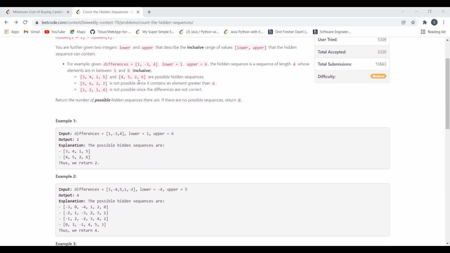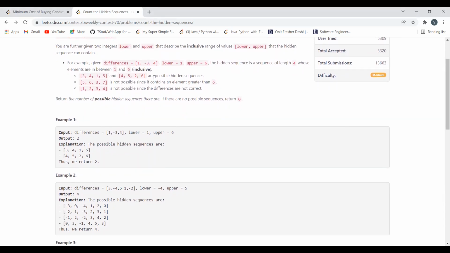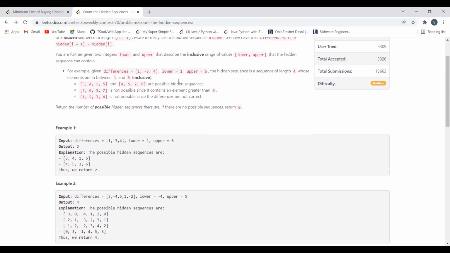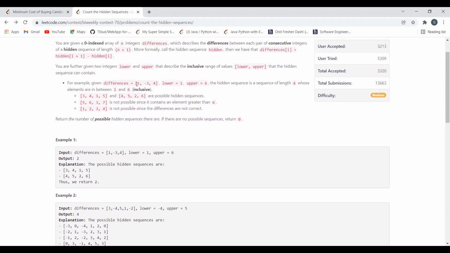So what is the possibility for the given scenario? [3, 4, 1, 5] we can have, this can be our hidden array, and [4, 5, 2, 6], right, are the possible hidden sequences. These two are not possible because you can see we are having an element that is greater than 6 here, that is here that we have 7, and the other is not possible since in this case the differences are not correct, right?